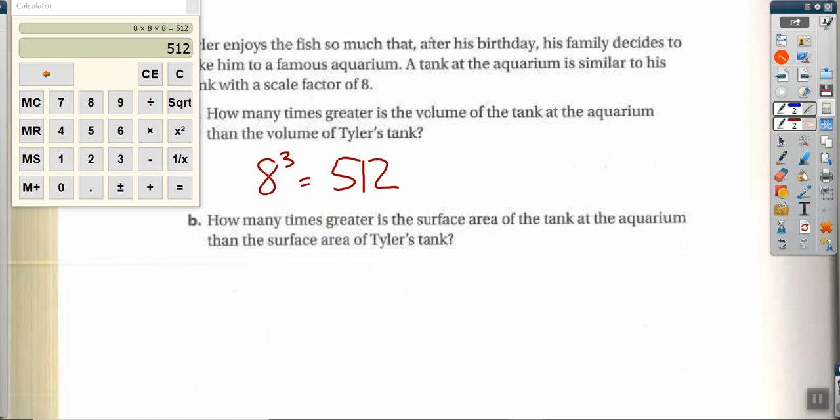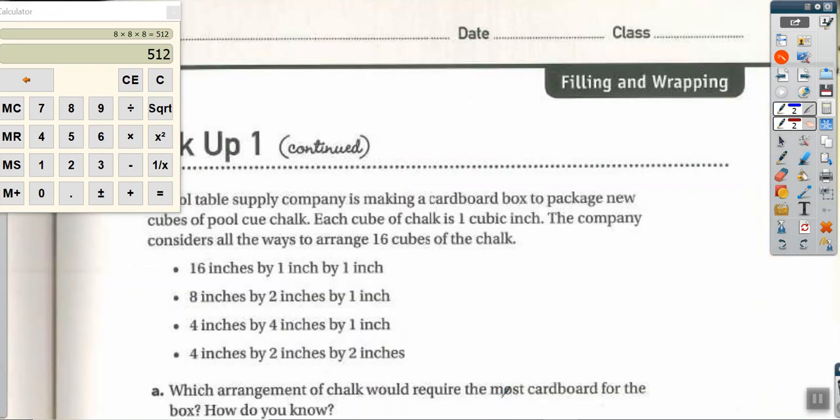And then if we do the same thinking for the surface area, we know that surface area is 2 dimensions, so we only have to take 8 to the second, which is 64. So the surface area is 64 times greater than the original tank. That's great. Sometimes I just don't know how to